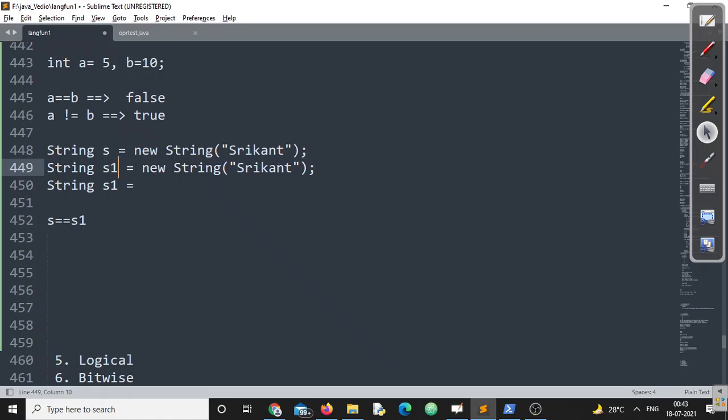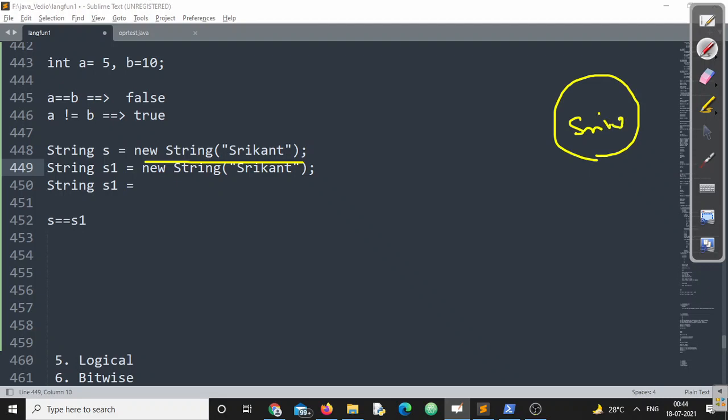Let us understand what is happening. Whenever you are writing a new operator, immediately an object will be created, and the value of that object will be Srikanth. Make sure you understand this particular part. Now, whenever I am writing String S, S is a reference variable which is pointing to Srikanth. Clear?